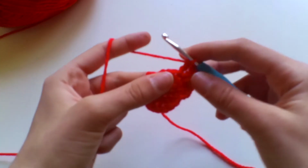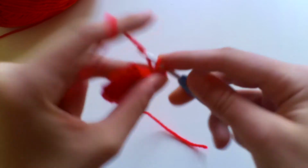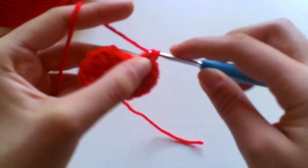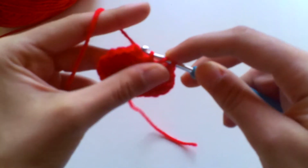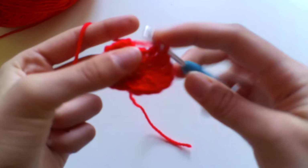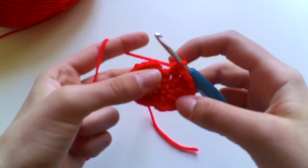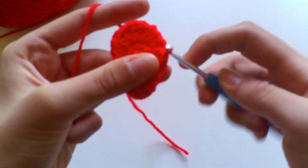Now you're working 2 trebles, yarn over and work 2 treble crochets, and then finally 2 half double crochets into the next stitch. You should have 1 final stitch left, and all you're going to do is work a slip stitch into that stitch,